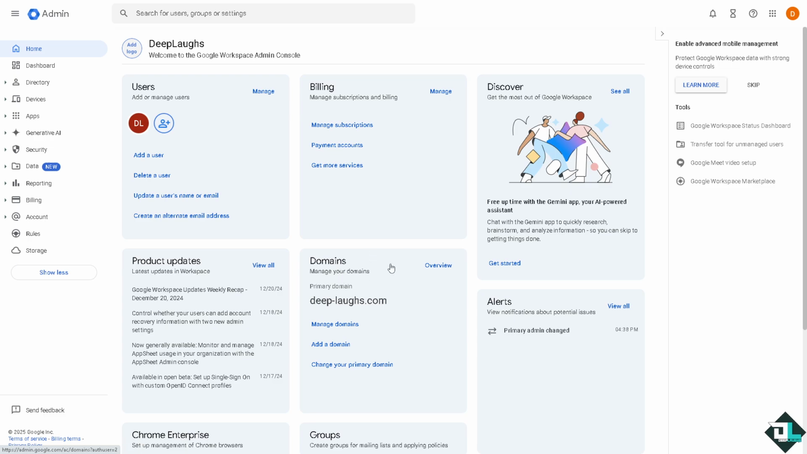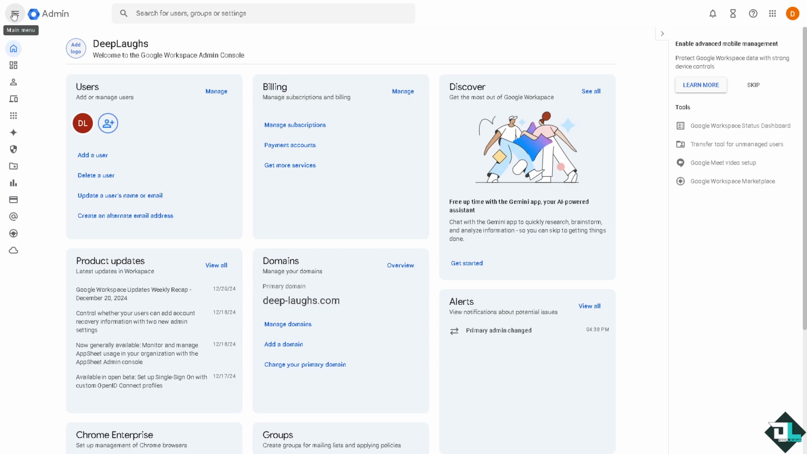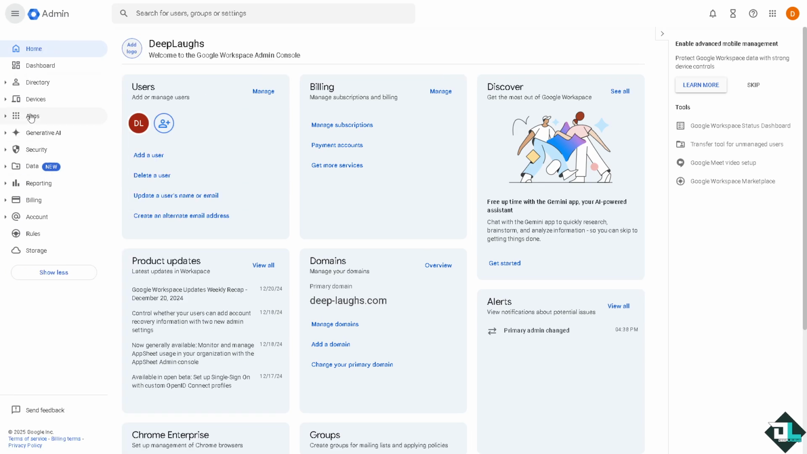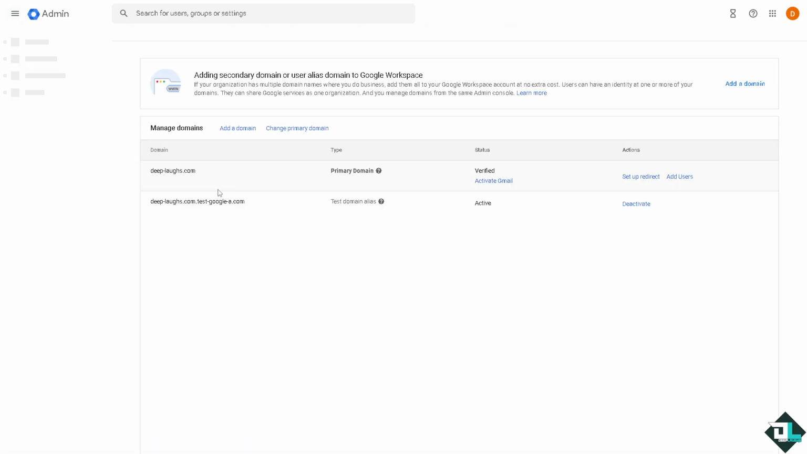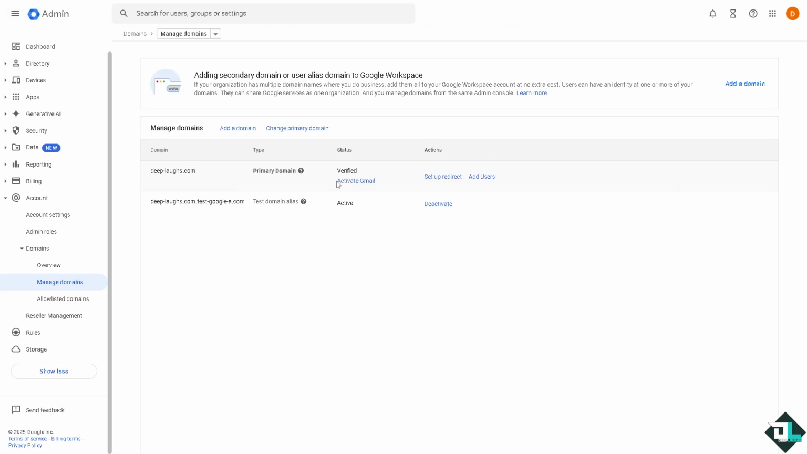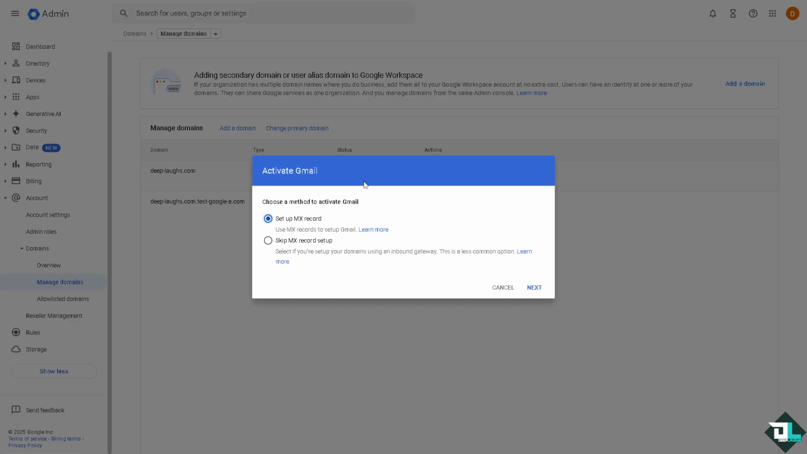If you can't find it here, go to the top left corner where you can see the hamburger menu, because here there is a domain section. Then click the domains, manage domains. You see there is an option here that says activate Gmail. I want you to click on it, and from here you have to choose a method to activate